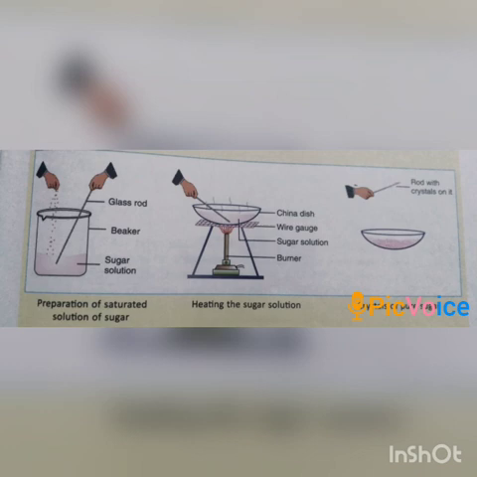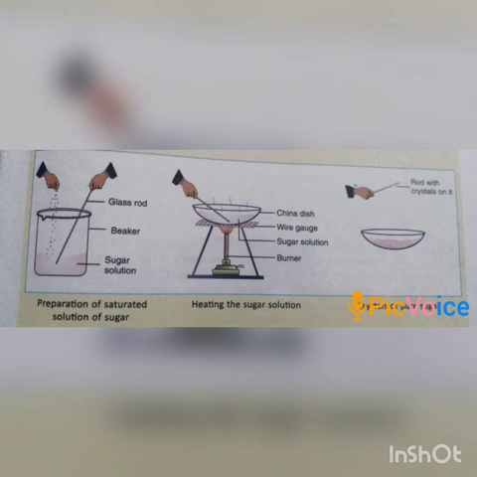Water starts evaporating. When almost all the water has evaporated, we put off the burner and observe. We will see that some white particles of salt are left behind in the china dish after the water has evaporated from the mixture. We get the particles of salt. That means in this method we can separate the salt from the solution of salt and water.